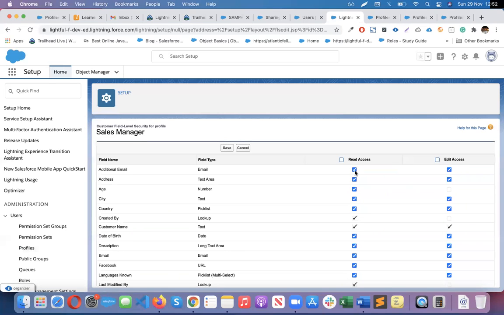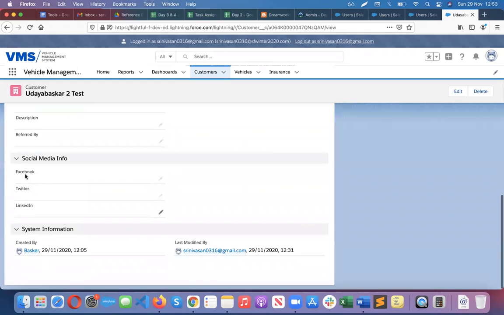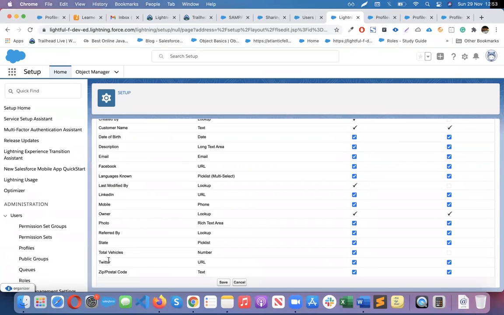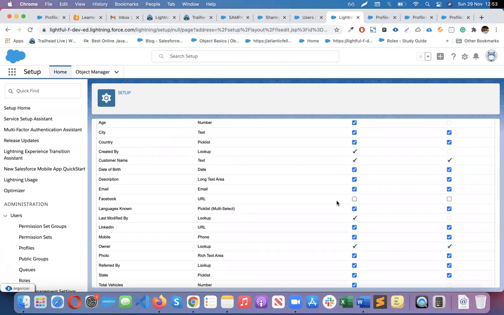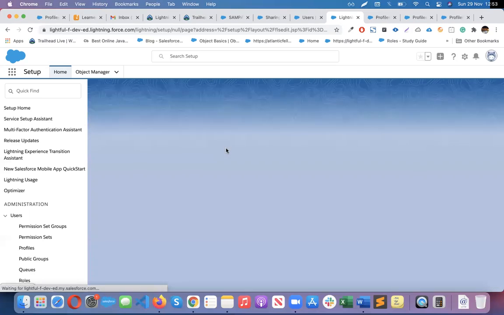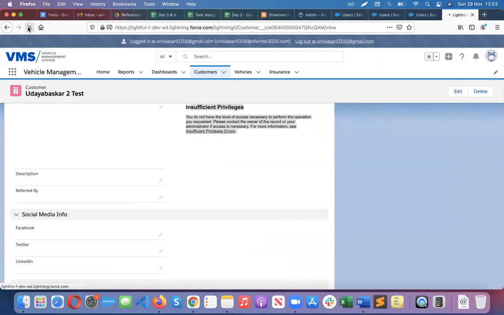If you remove the read permissions, let's see what fields are there in the section. Facebook, Twitter, LinkedIn. So let me remove Facebook, Twitter, LinkedIn. If I remove read permission, it will remove edit permission automatically also. Twitter, Facebook, and LinkedIn. Okay, so now I'm controlling via field level security. Assume only these 3 fields. Now if I go back here and refresh,